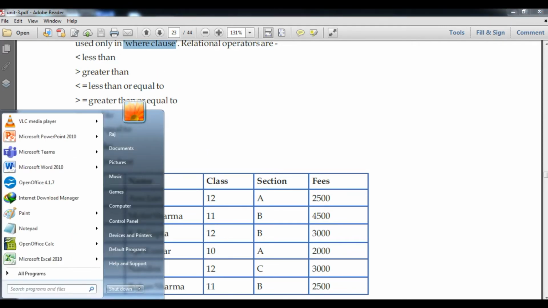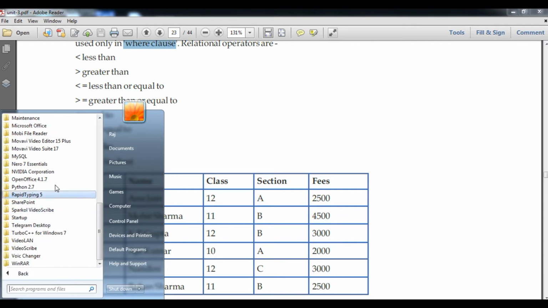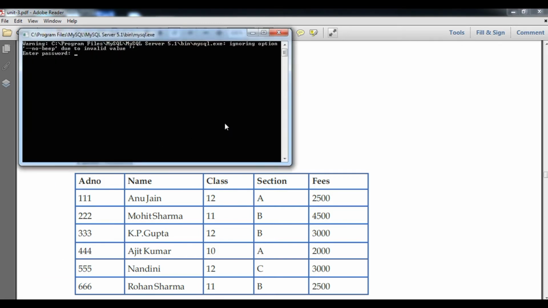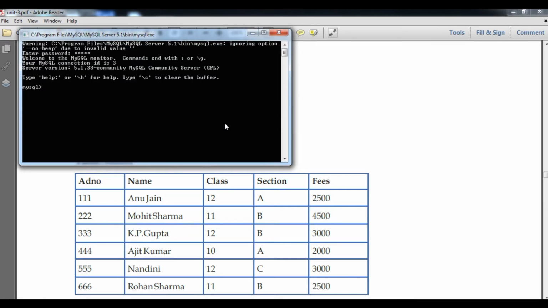First of all, I click on the start button, then all programs, then MySQL, and then go to MySQL server. After that you can see the command line open, and you have to type the root password here. Remember what the root password was. If I want to see my database name, I simply use the command show databases and then the terminator. You can see the database list has come. As I remember, my database was MyDB, so I will use MyDB. Now you can see the confirmation message has come: database changed.